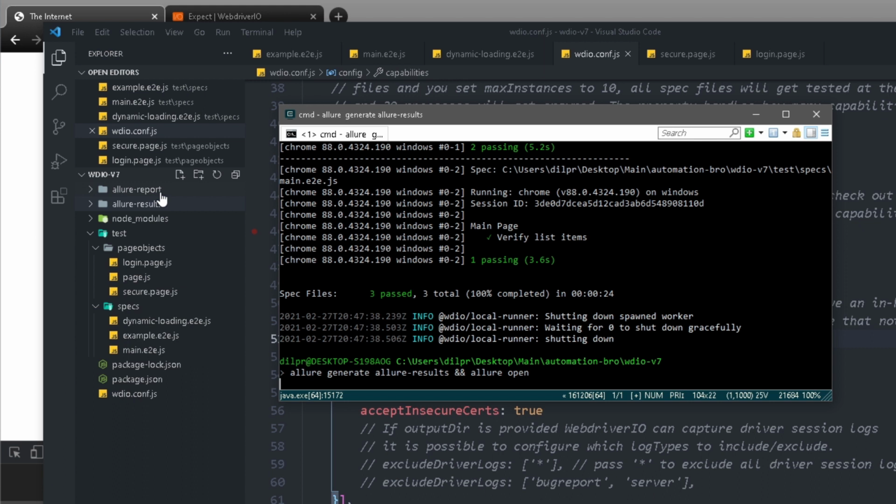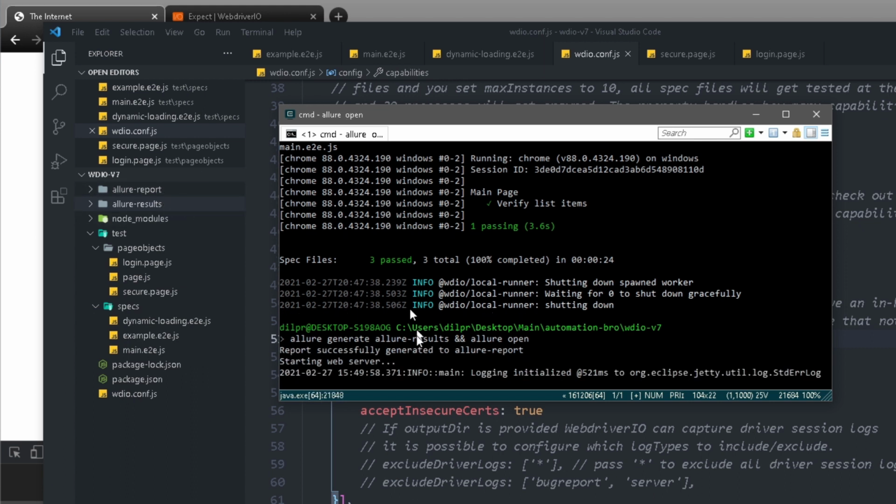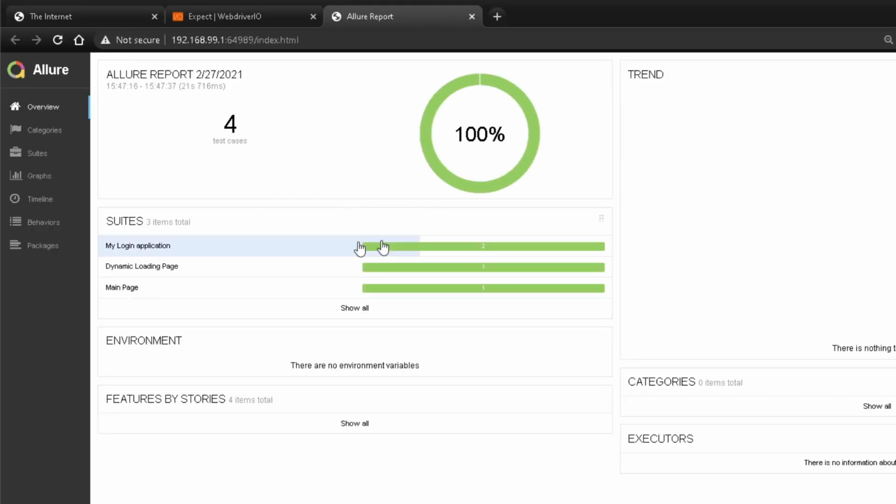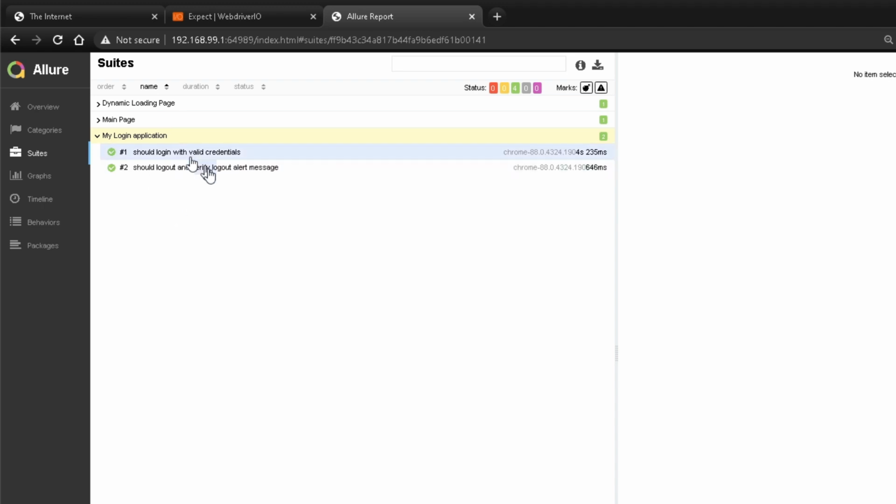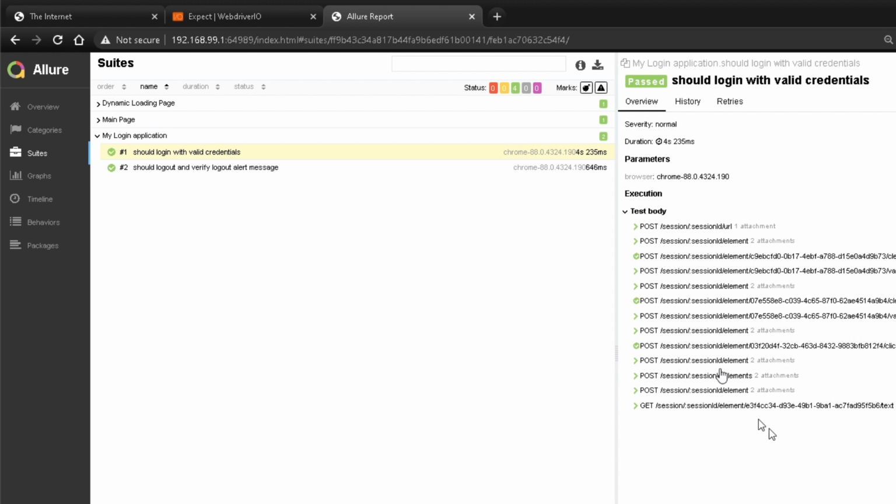Okay, so on the left over here, you can see it says allure-report. So the results generated a report folder, and now it's opening this up in a new browser for me, which is right over here. And I can see all of my test results right here. So I can see 4 tests ran, all of them passed. I have my tests, which are my login application, dynamic loading page, main page. So these are the 3 pages I created. I can go there to take a look at what exactly is happening. So I can see it's trying to log in with valid credentials. And then I can also see all the commands that it tried to make. So here, for example, I was trying to check for the response that the logged in user is actually there. Same thing for this one.